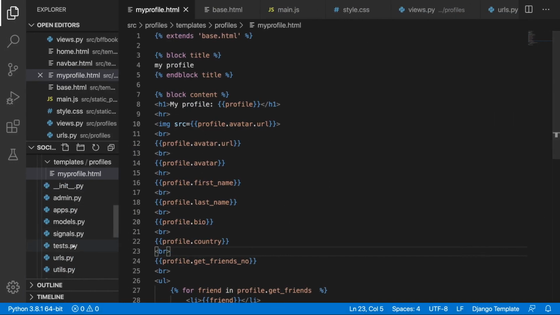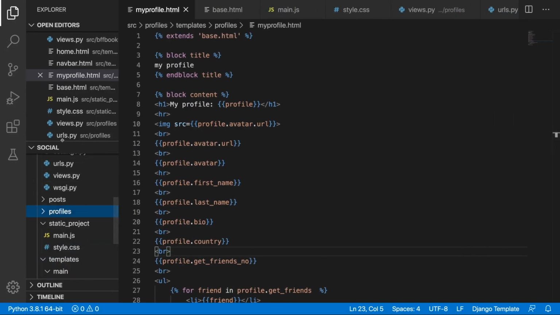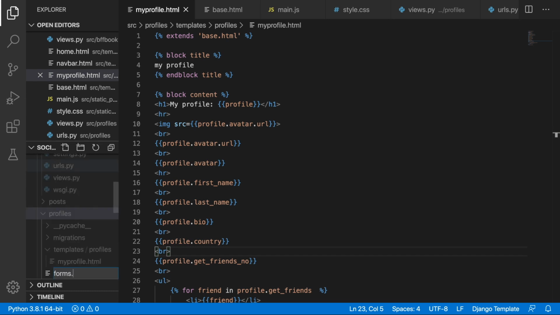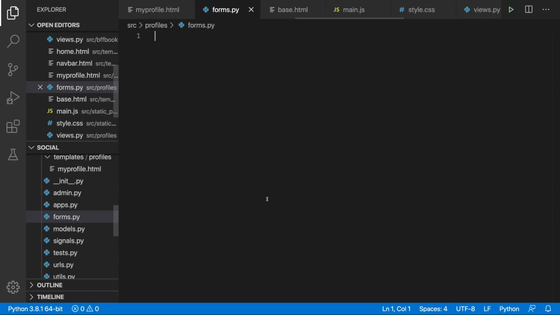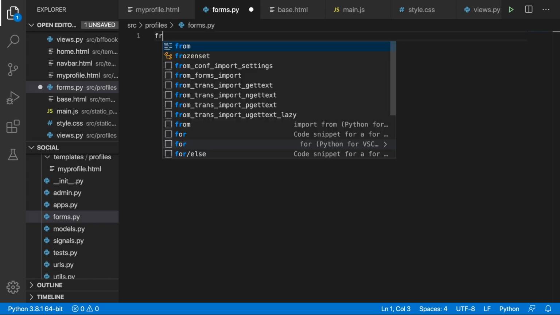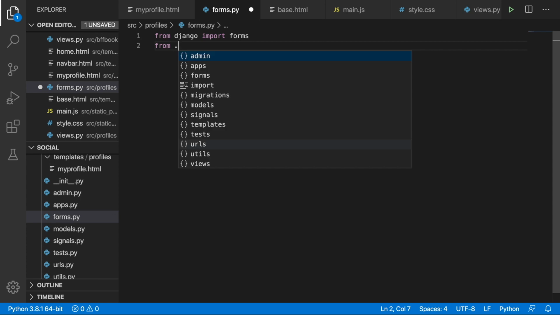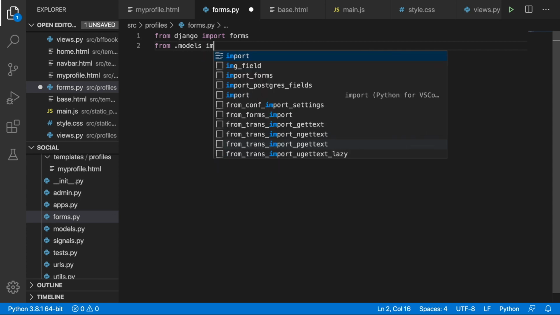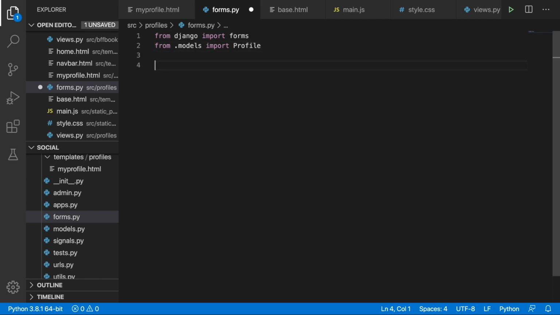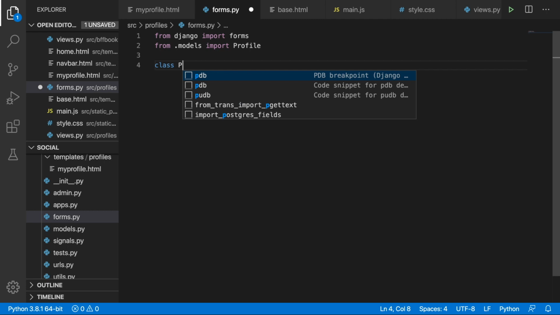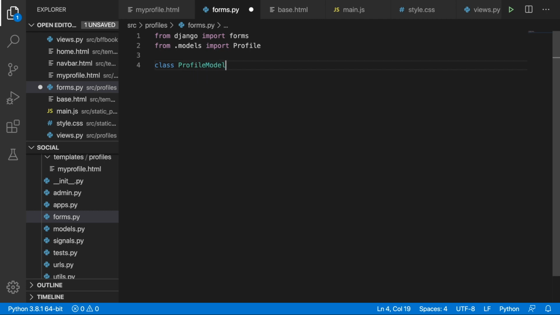We will begin with the form. So going to the profiles, over here we need to create a new file called forms.py, and we are going to create our form for the profile. What we need to do is to begin with the import. So I'm going to import from Django forms, and I'm going to also need the model. So from .models import Profile. And now I can create a class, and this is going to be a ProfileModelForm, and this will inherit from